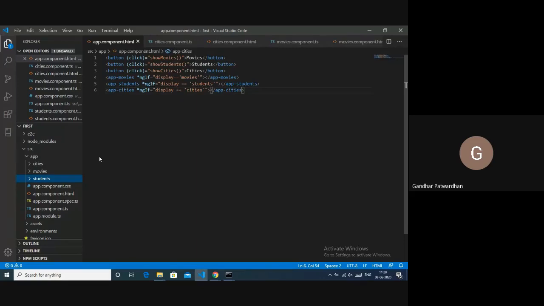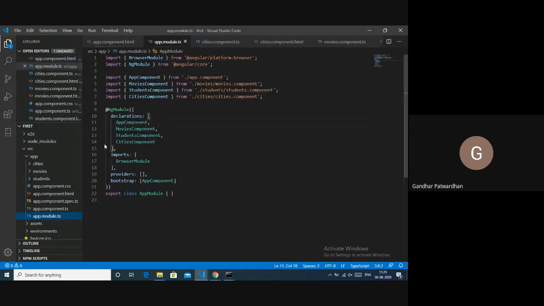And before app module, what is there? There is a decorator, or you can call it annotation, which is the ng module annotation. Now, what does this ng module annotation accept as a parameter? It accepts a JSON as a parameter. What does this JSON contain? As of now, we can see that this JSON contains 3 to 4 arrays. One is declarations array, one is imports array, one is providers array, and one is bootstrap array.